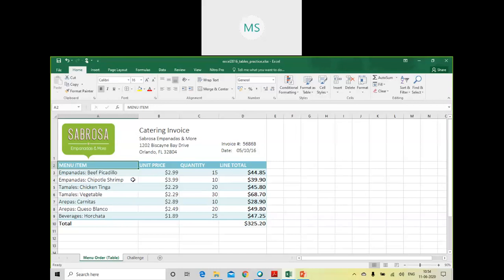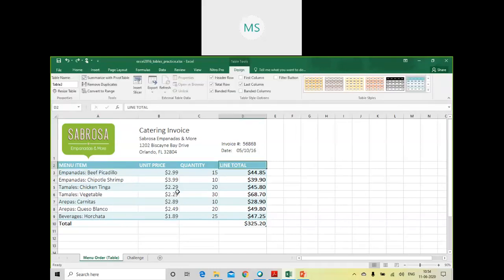So I just undo, and you will again be able to see this design. Now the table has come back. So the convert to range option is used to remove the table. It will remove the table which is there in your Excel sheet. The moment I click it, it will convert the entire table into simple cells, but it will remove the table